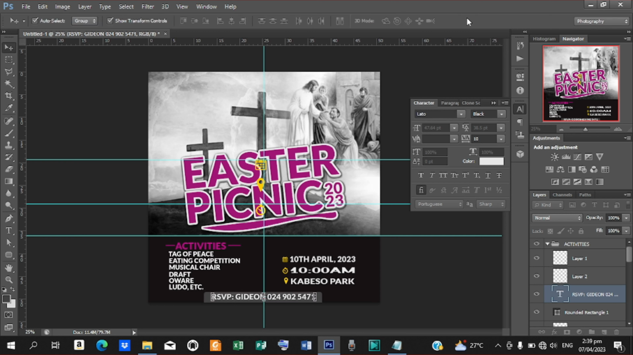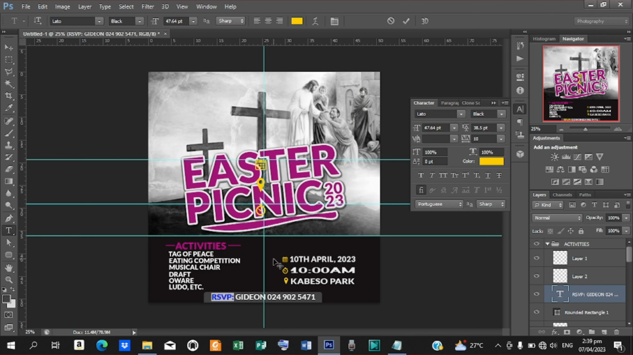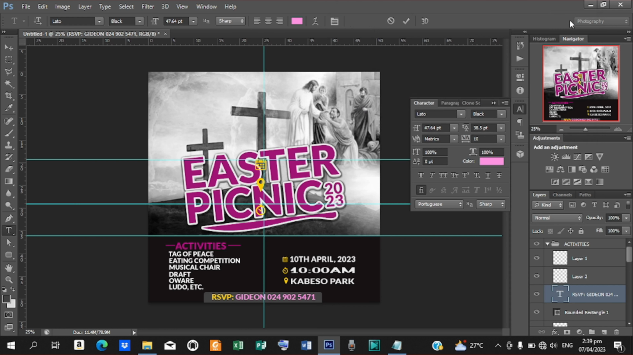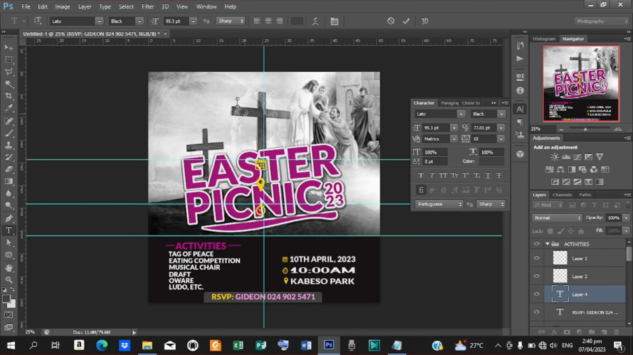Okay, pick your type tool and select this, change the color to this, select this one too and change the color to this. Okay, and hit on OK, hit on OK. Alright, now let me pick my type tool again and then go back and copy presents like this, copy that, then Ctrl V to paste this,